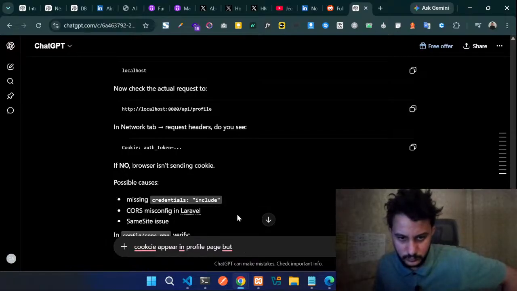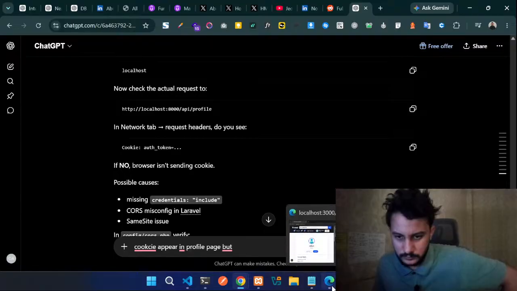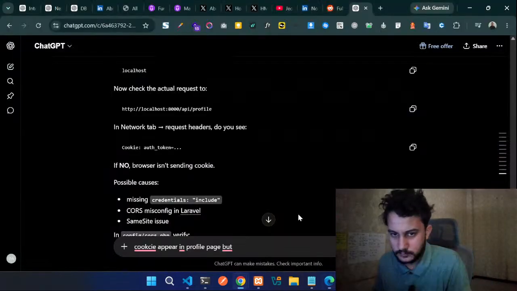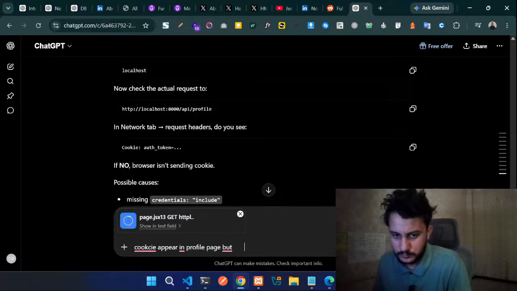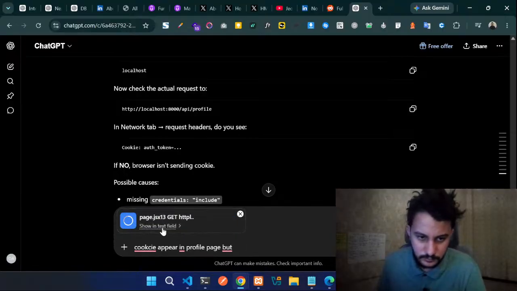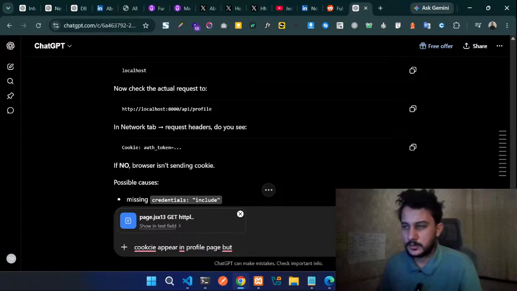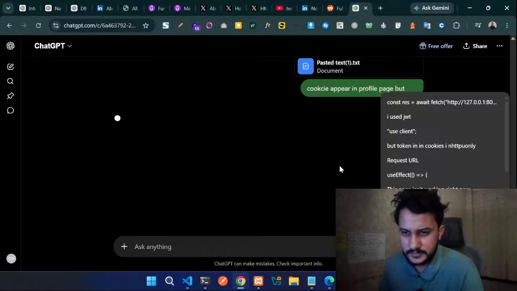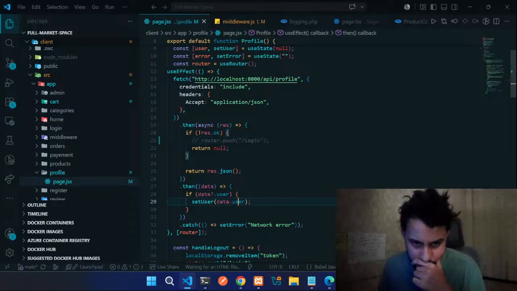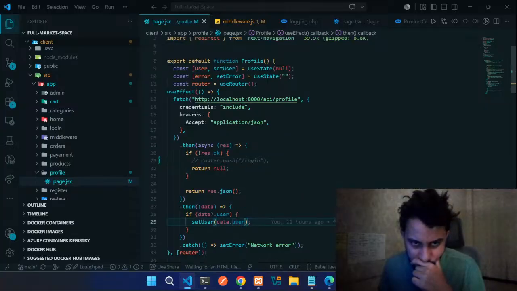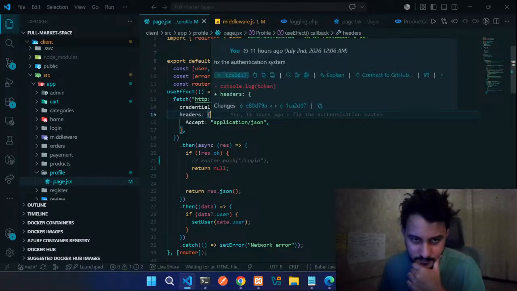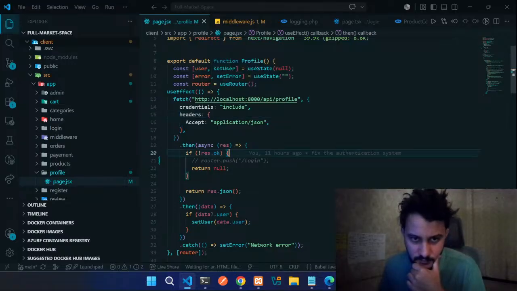Let's see the cookie store here, the browser has it now. So okay, as you can see, the problem. Let's access the profile. Look, now it works. And now let's access. I don't know what the problem is exactly, but I still see it. So okay, as you can see, the problem is the credential accept include